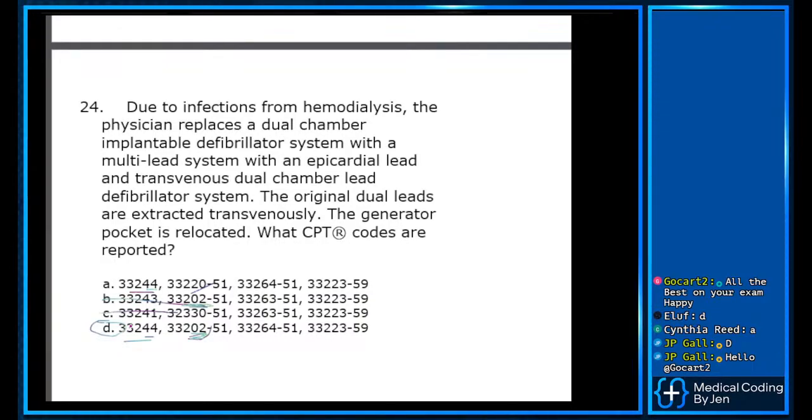So learning some of these processes is super helpful, but if you're too scared to pick out the cheapest one or just only use the process of elimination, let's go look at our codes and see if we can't cut down our exam testing time with a few little easy tricks. If we do go to our 33244,